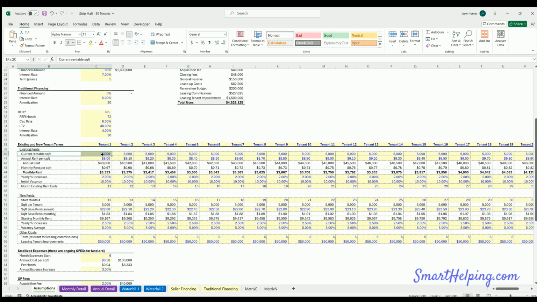So you put in what they're currently paying for rent. Here's the monthly rent row. Here's the yearly increase, because that's still relevant. Vacancy, just to count for turnover still, which could be relevant. And then the month existing rent ends. So you can see here, month 11,